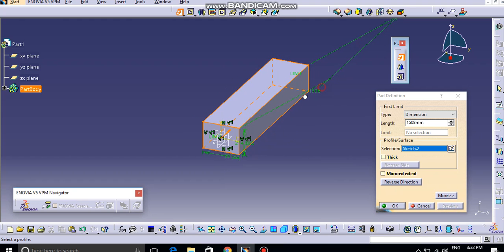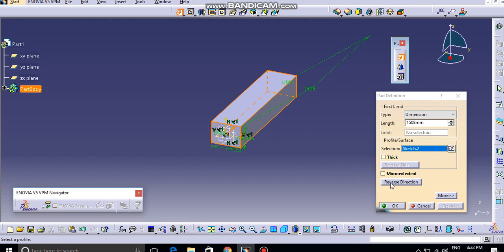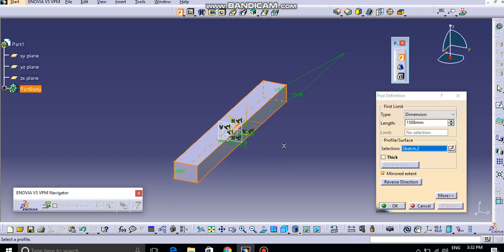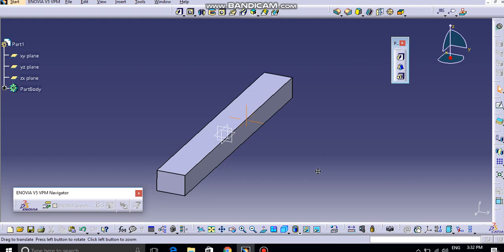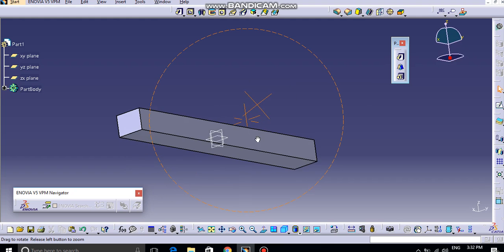Now the secondary thing over here is you can also select a mirrored extent, meaning it will now be extruded in both directions by this amount. Again, you can preview, and here in the middle you can see your sketch, and now it is extruded in both directions. Now here we have seen this option. We can see these thick options later on. First of all you can observe that we have created this.